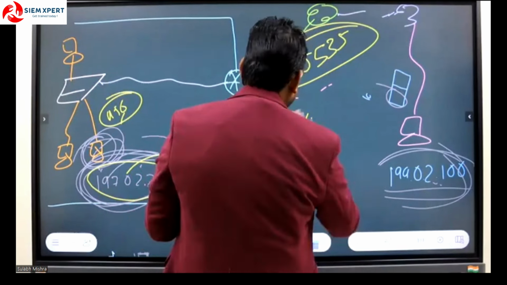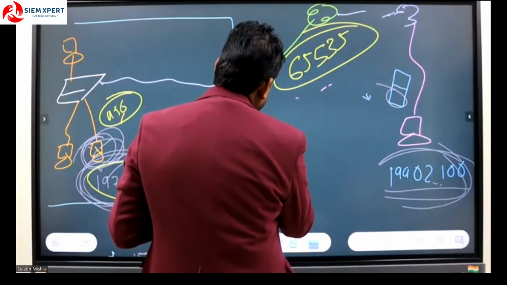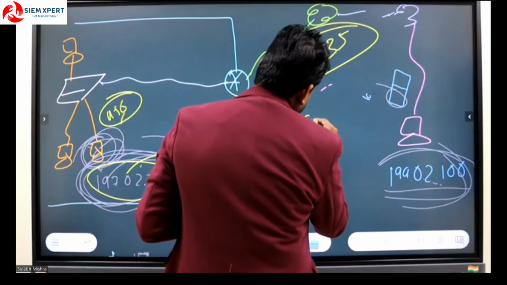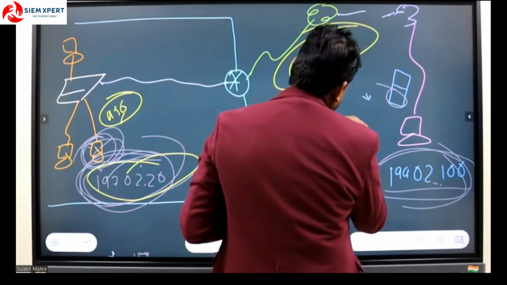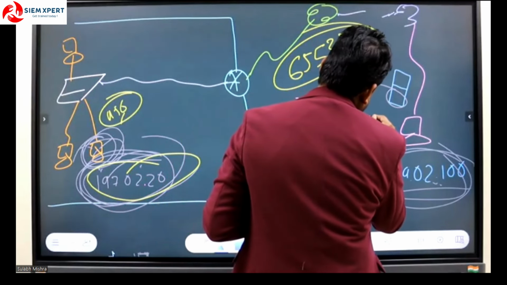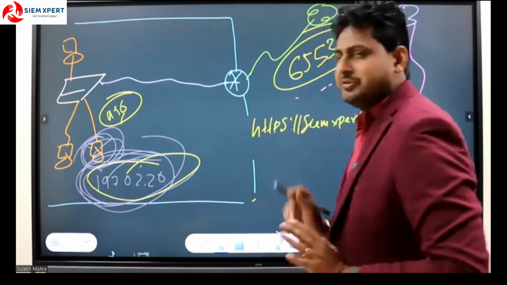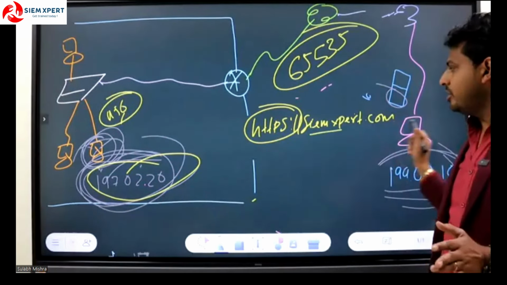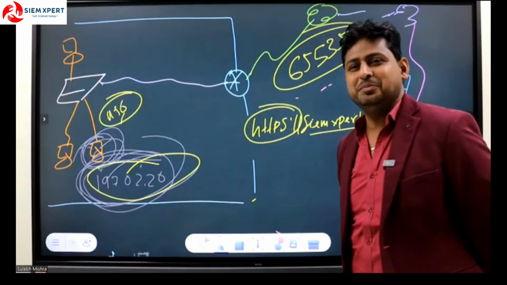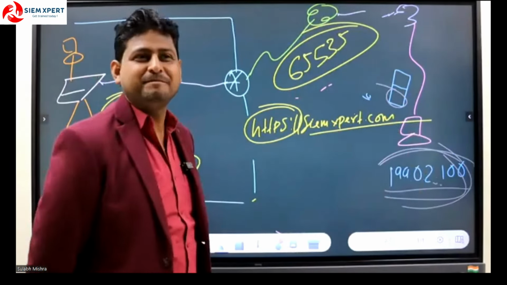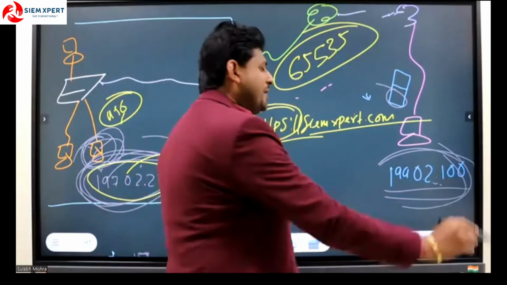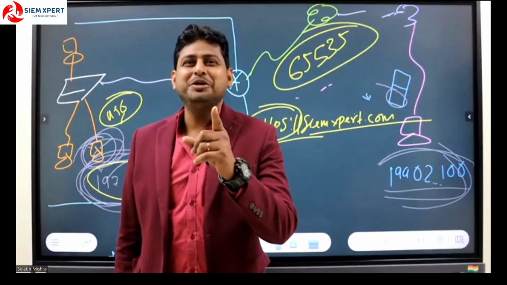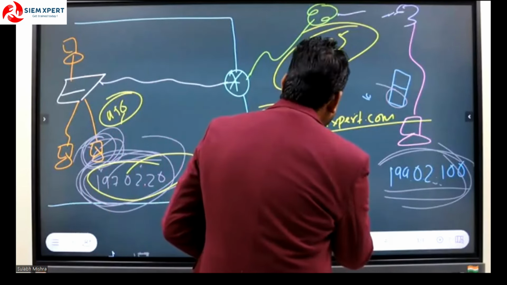HTTPS colon double slash SIEMexpert.com. It is an HTTPS website, right? Once I type HTTPS, SIEMexpert.com, by default, what is the port number of HTTPS? Anybody? 443. Once you type HTTPS, your browser will understand the HTTPS port number is 443 and traffic will route